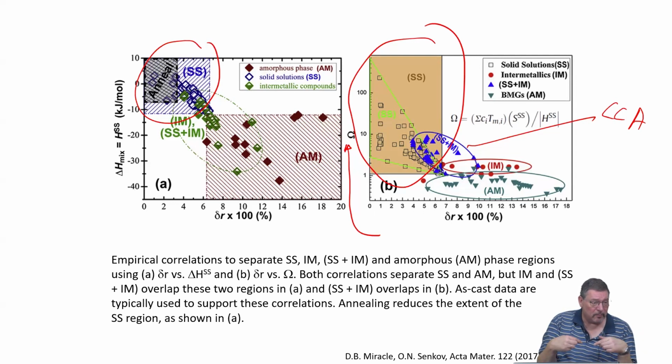This can also be put into the CALPHAD code, so you can have these virtual phases, I would call them, so they were only calculated, also put in. This is then ab initio informed CALPHAD. If you put in experimental data, it's experimentally informed CALPHAD, but better to do both if possible.